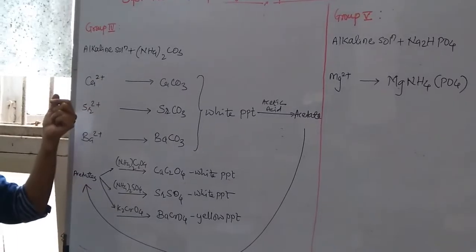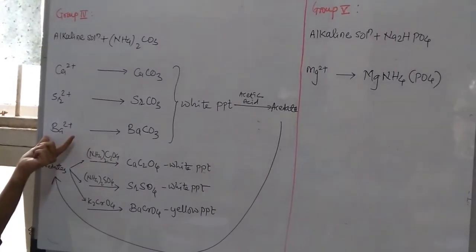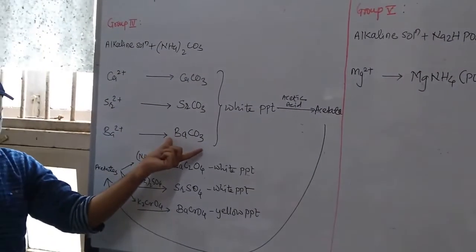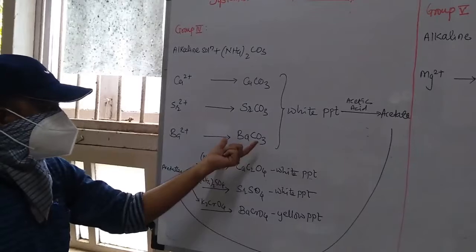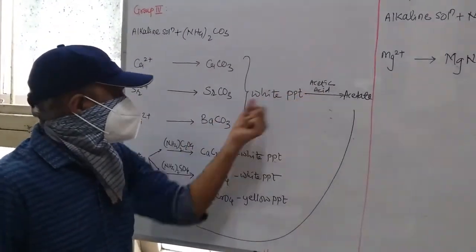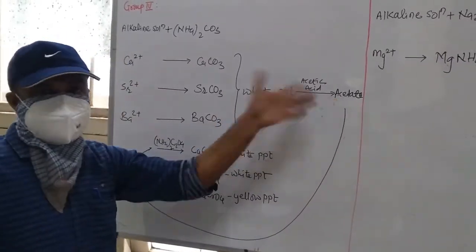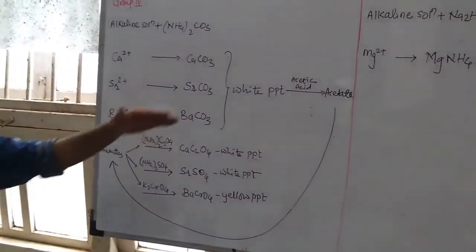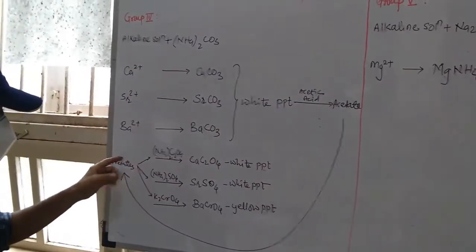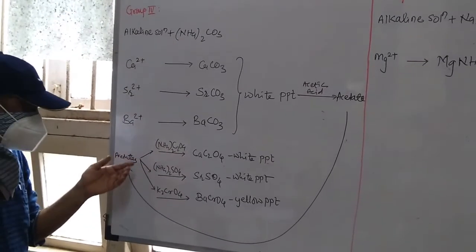Then if group 5 is having the radical barium, Ba2+, then it produces barium carbonate white precipitate, and to this white precipitate of barium carbonate, if we add acetic acid, then formation of the corresponding acetate, that is barium acetate, takes place. Now these three corresponding acetates, if we add the three reagents one by one, then let